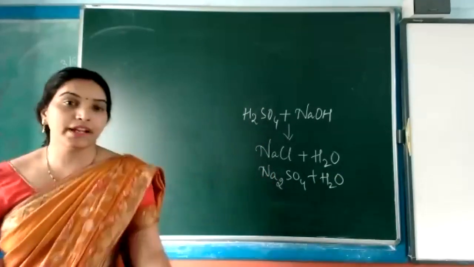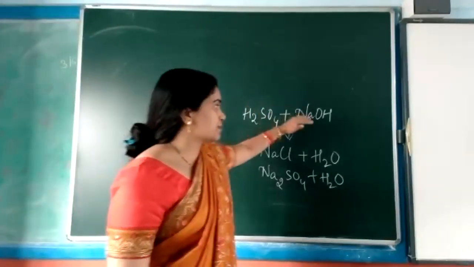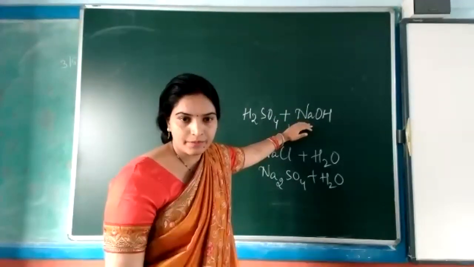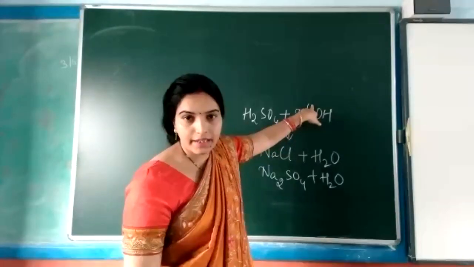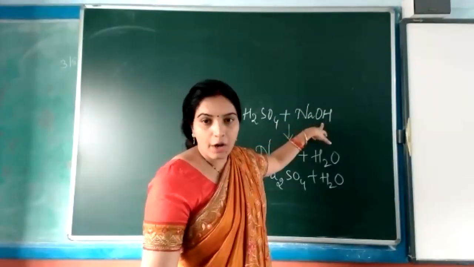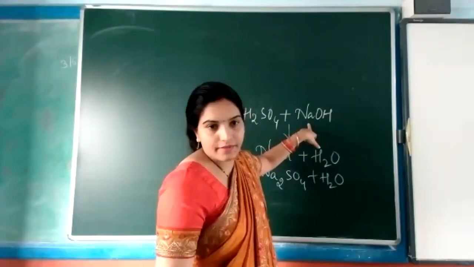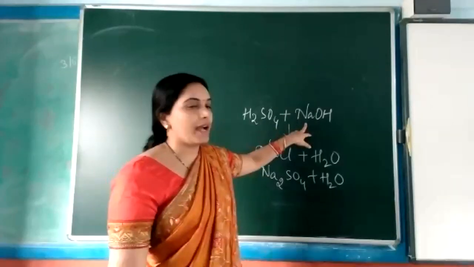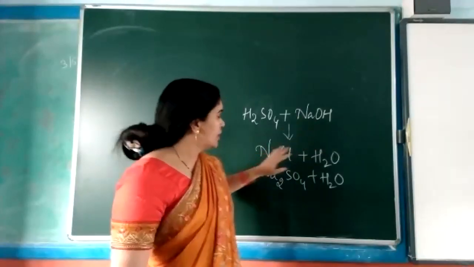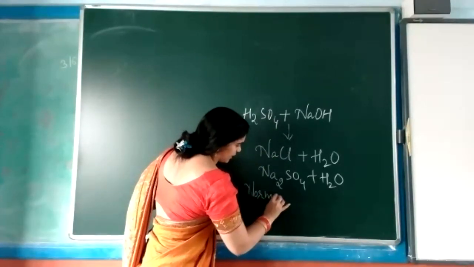So when such type of reaction takes place, where whatever the number of hydrogen ions is, that is replaced by the basic radical. Basic radical means positively charged particles. Clear? Sodium hydroxide will produce sodium ion, that is Na plus ion, because sodium will lose one electron. In the outermost shell of sodium, only one electron is present. So definitely it will lose. Sodium is basic one. So this hydrogen is replaced by the basic radical of bases. Clear? Now, when such type of reaction takes place, the salt formed is of normal type, normal salt.